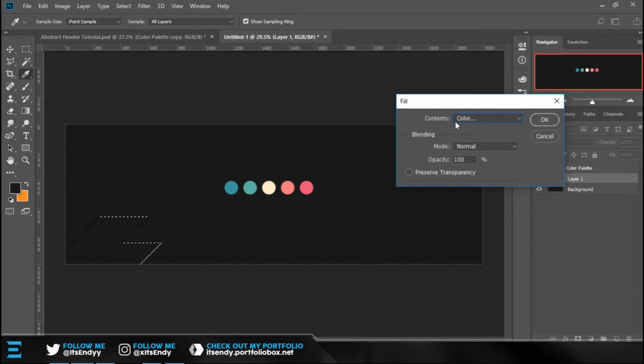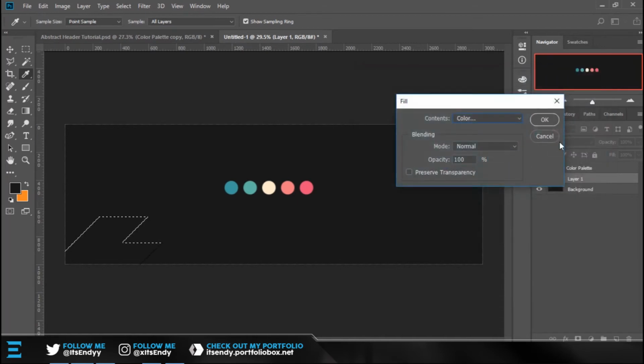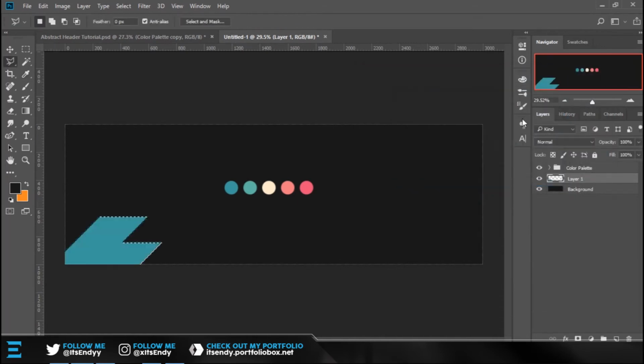So after we're done picking the colors, I picked the cyan color here, the bluish darker color. And after we're done with that, click OK, then click OK, and there we go. So we got our first shape here, and then we're gonna create a new layer,